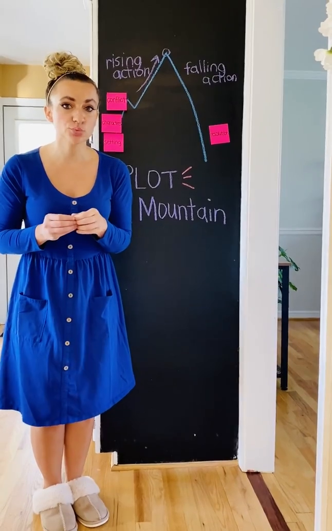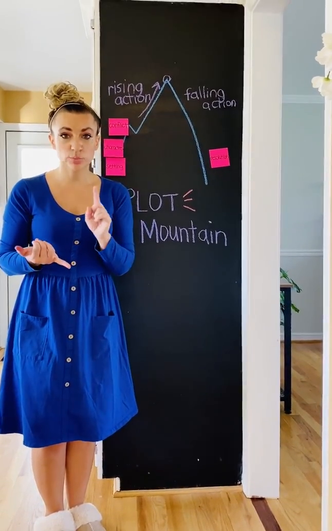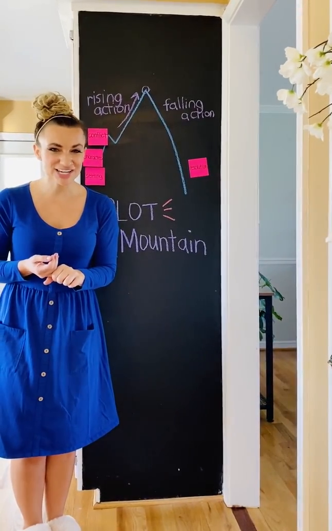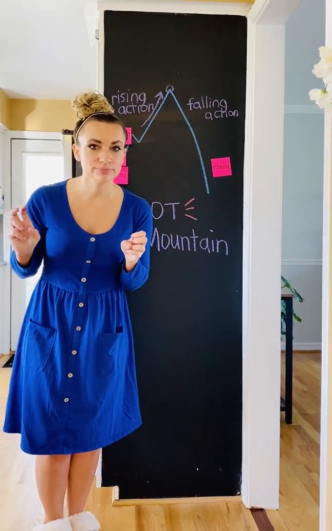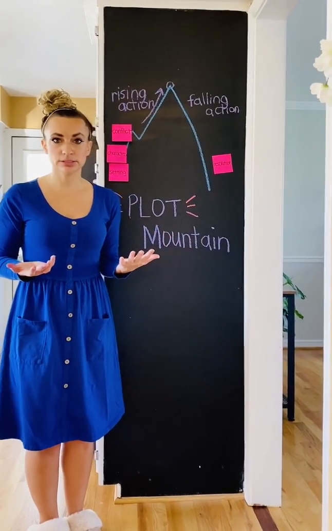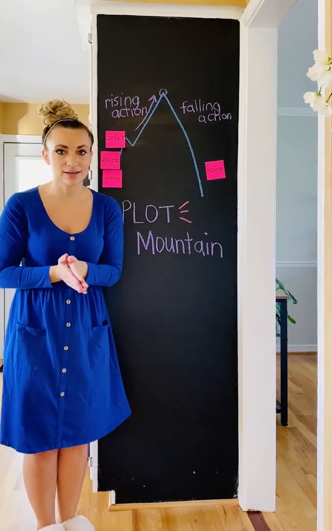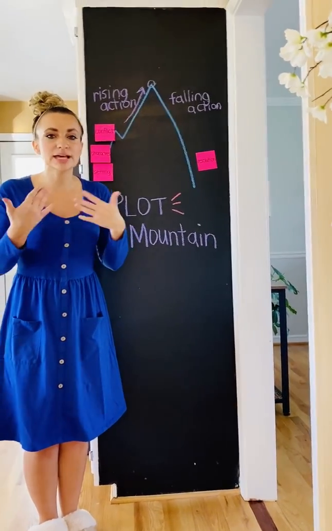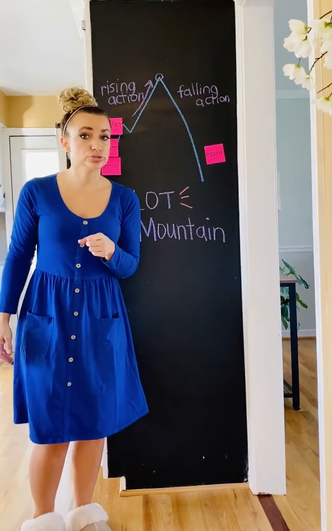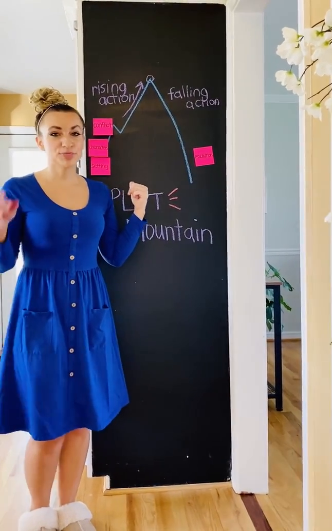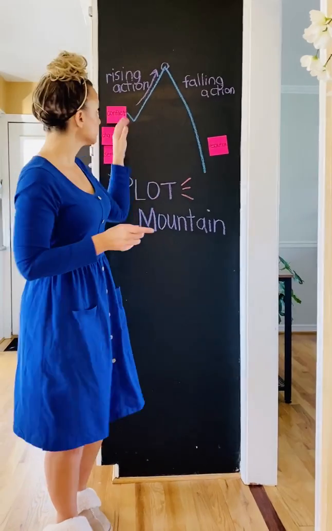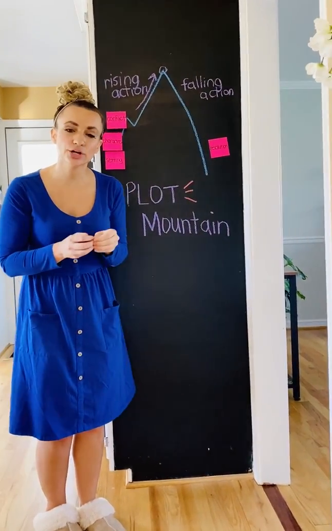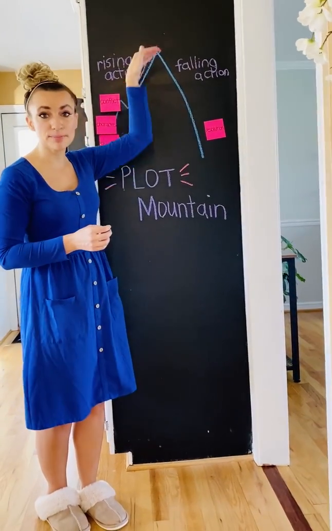It's not just where, it's also when. So it's what season is my story in, what year. A lot of fairy tales say once upon a time. Well, that means they don't know when it happened. That helps us know the setting. When you're being introduced to characters, remember that all happens at the beginning. Not all characters are introduced in the beginning, but the main characters are. There are going to be random characters throughout Plot Mountain, but they don't serve as our main character's journey. This is their journey at Plot Mountain.